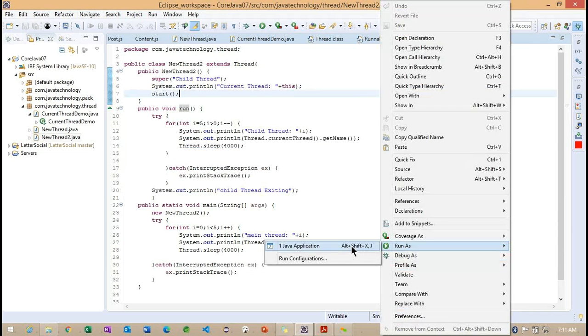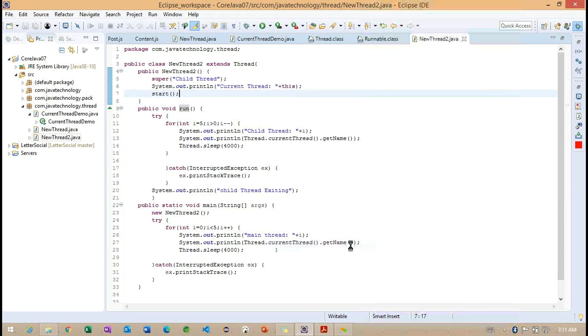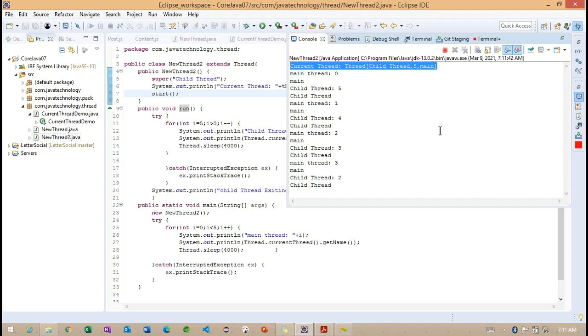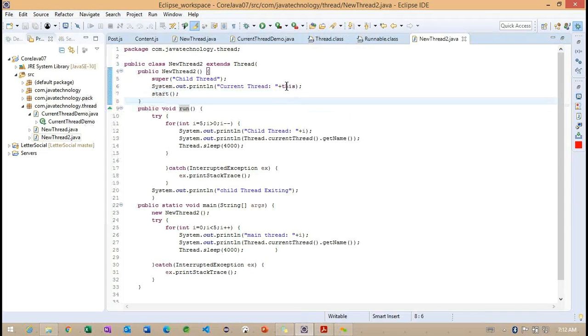Carefully observe here. Now again I'm going to run the same example of this Thread example. Observe carefully the current thread, where we are calling this particular current thread. What exactly is this indicating here?